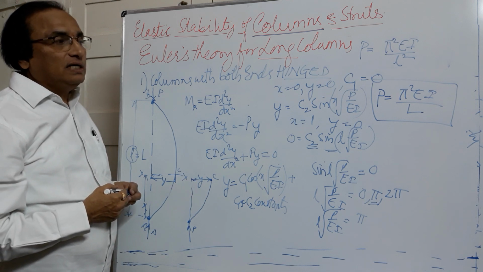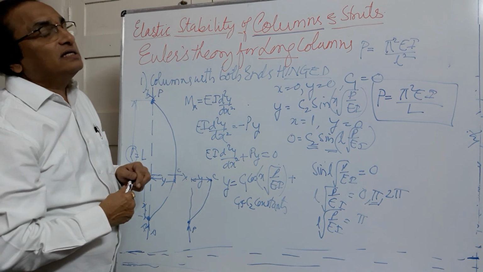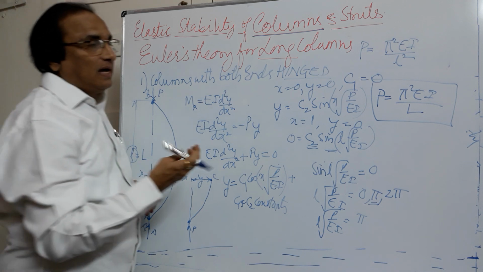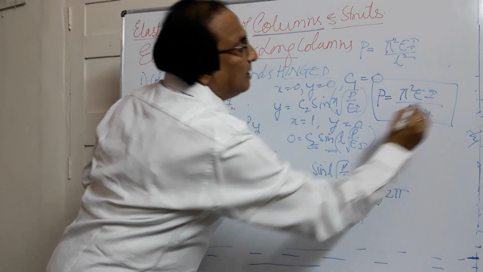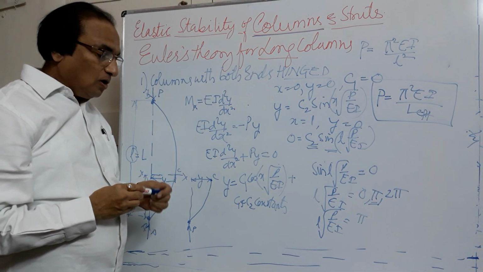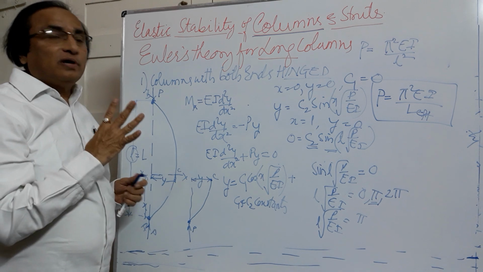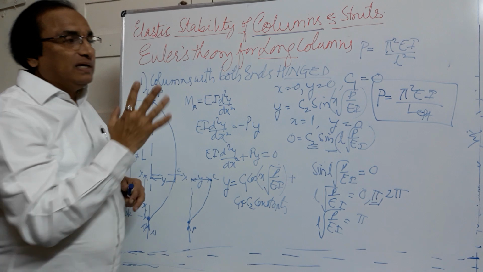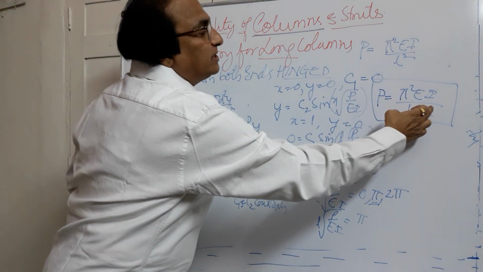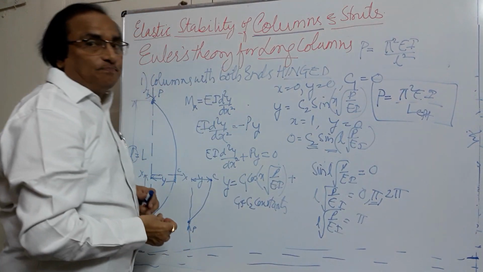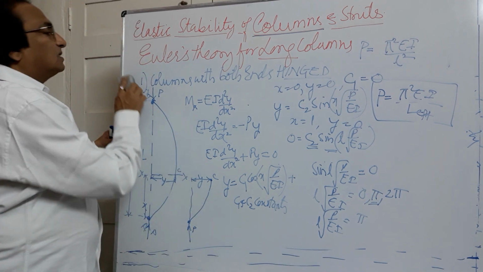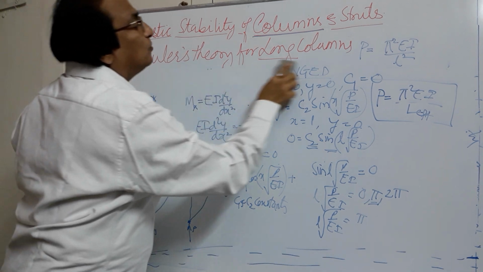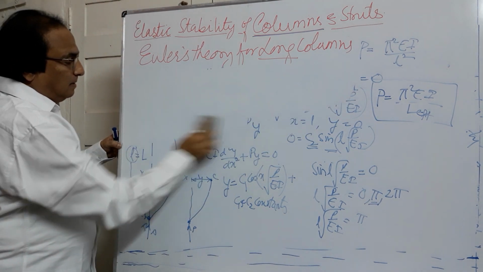Pi is a constant, E is the Young's modulus, I is the moment of inertia, and L is the effective length of the span. You can write also L eff. It stands for effective length of the column. Like this, there are 4 end conditions which Euler has given, and he has derived the formula. The basic formula remains the same, only change will be in this effective length. So we will see what are the different end conditions and what are the formulas that you will be using to find out the load there.